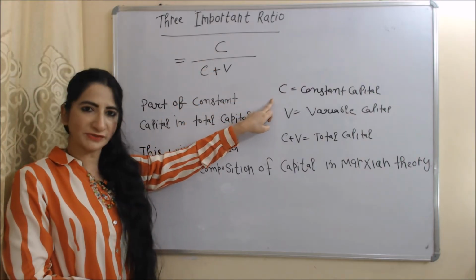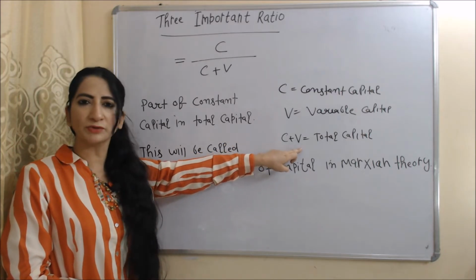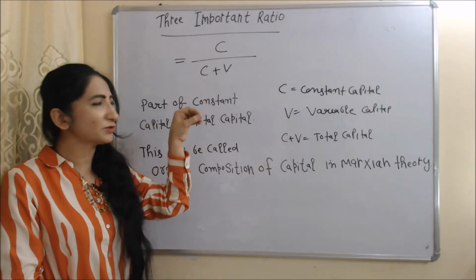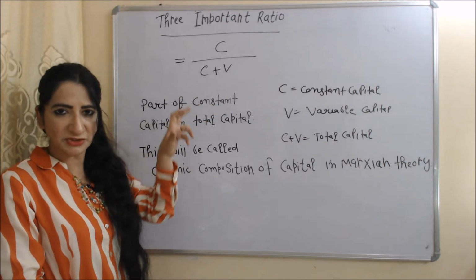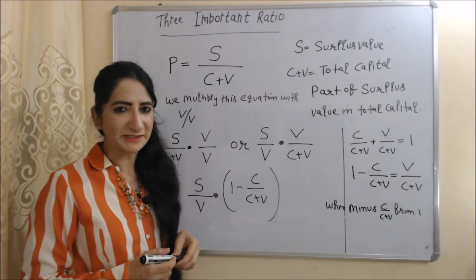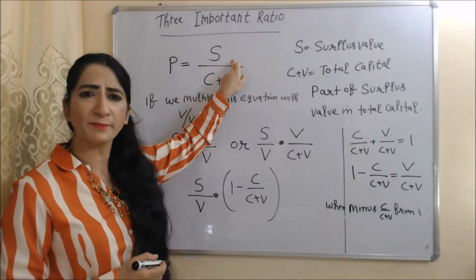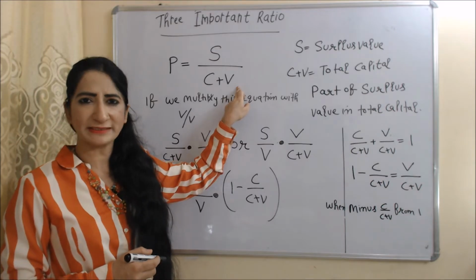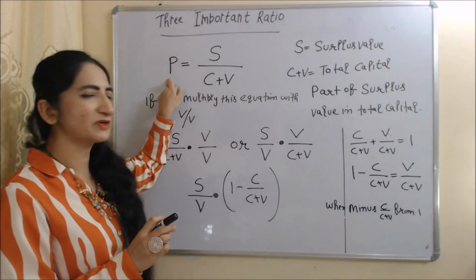Second ratio is C over C plus V. Here C is constant capital, V is variable capital. C plus V is equal to total capital. And this ratio basically tells us the part of constant capital in total capital. And in Marxian theory, this ratio is called the organic composition of capital. Next important ratio is S over C plus V. Here S is surplus value, C plus V is our total capital. This ratio basically tells us the part of surplus value in total capital, and this ratio is equal to P, and